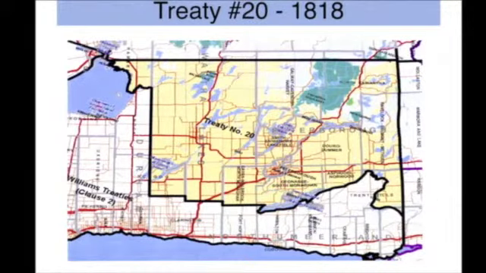Treaty number 20, that's another map showing how it encompasses the Kawartha Lakes, Scugog, Lake Scugog, Sturgeon, Balsam, Pigeon, Curve Lake over here, and the anomaly, the Alderville situation. Our people left the Bay of Quinte and moved onto the south side of Rice Lake and actually started to harvest and started to live within Treaty number 20. Okay, I'm going to wrap this up pretty soon and make the segue to the Alderville piece. Just a couple more maps.